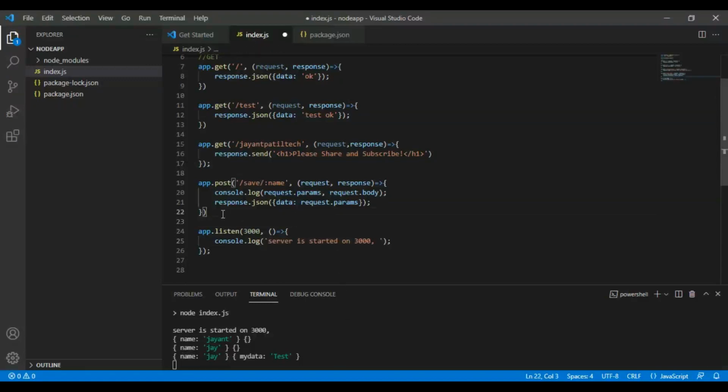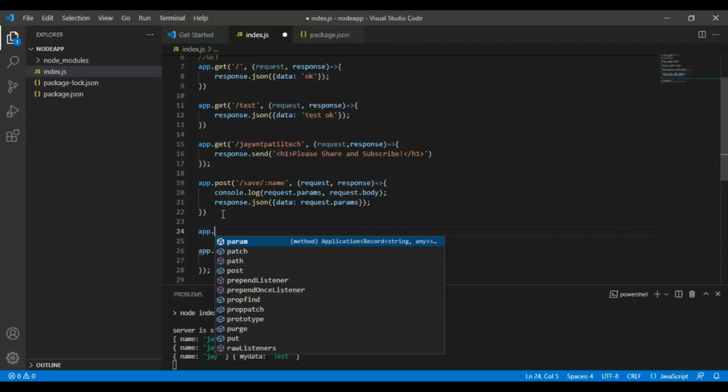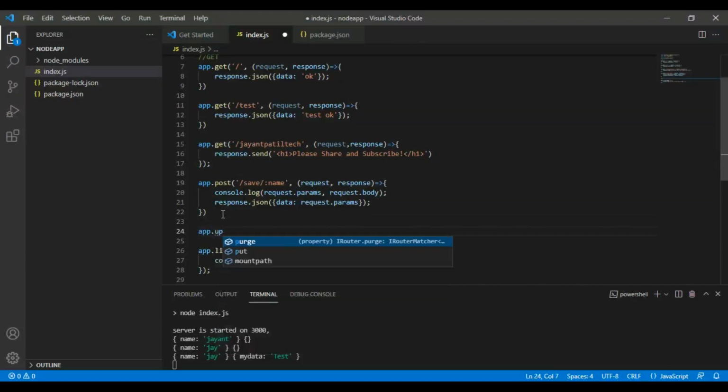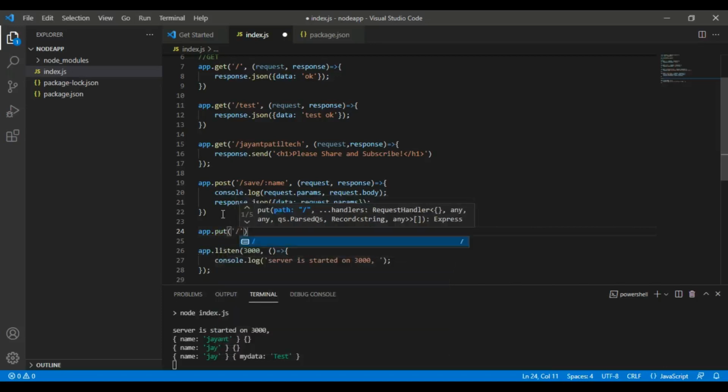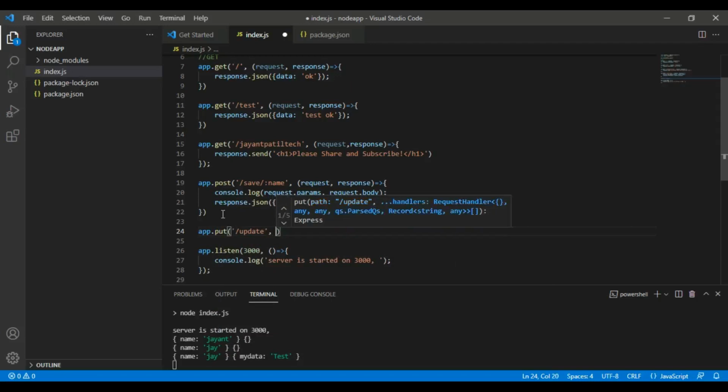So let's go for the next method, app.put. Basically this method is useful to update your data. Here also you can map a URL, and here also you can create a path variable. I will call it ID.